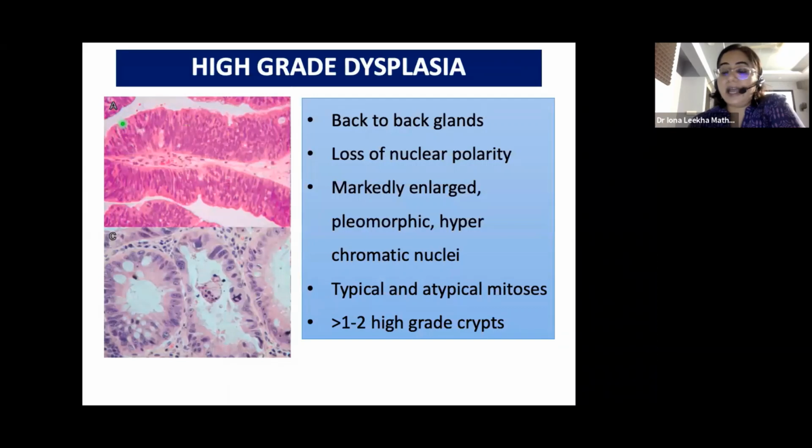This is where, when we start seeing both cytological and architectural atypia, we have to think of high grade dysplasia. And here, if you see, there is complete loss of polarity. The cells are haphazardly arranged, going almost up to the top. These are closely packed glands, and there is atypia at the site. The cells show atypia with abnormal mitosis. This is an abnormal mitotic figure. So in this case, we will say it's ulcerative colitis with high-grade dysplasia.